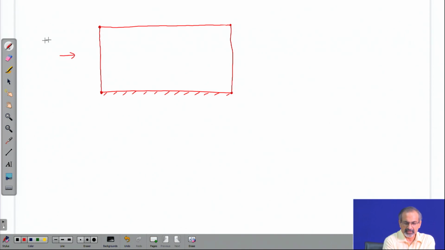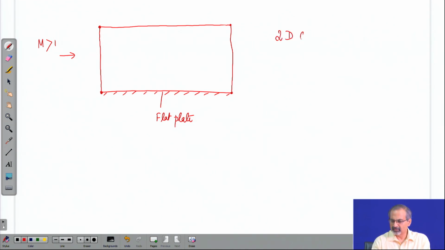Let us set a problem like this, that we want to have a supersonic flow impinging on a flat plate. So, it is moving parallel to the flat plate, and we are going to solve 2D compressible Navier-Stokes equations